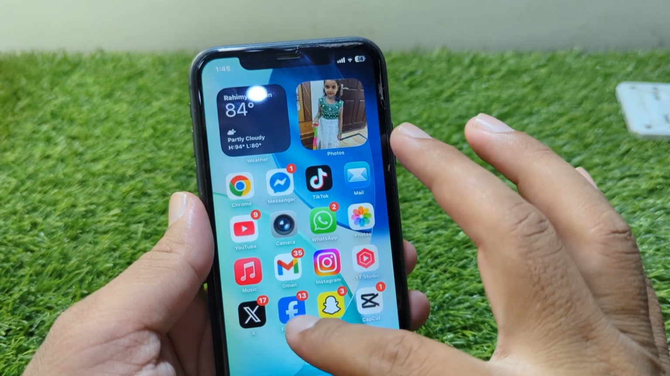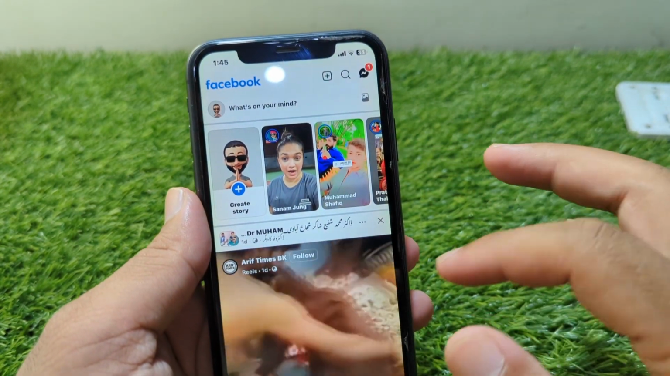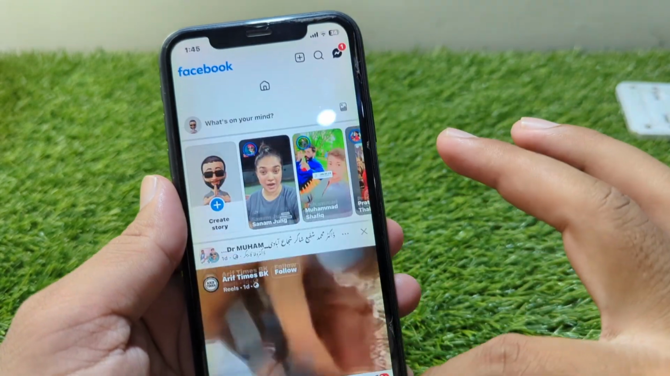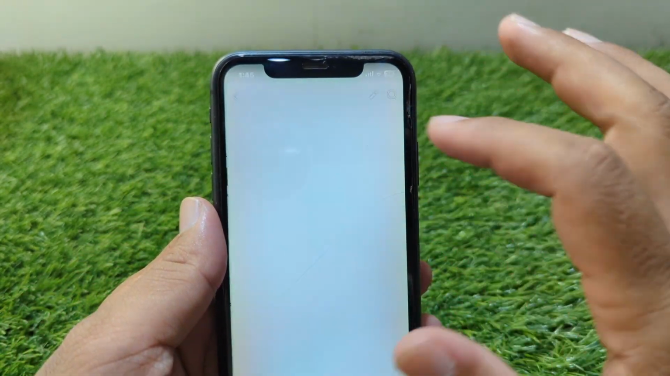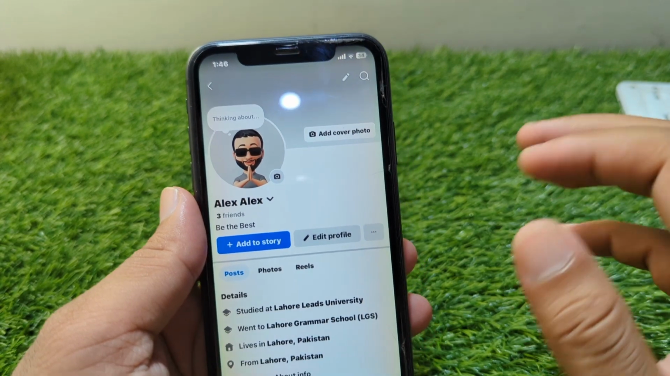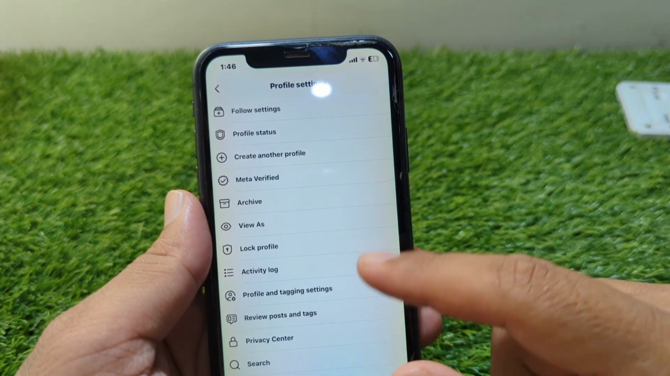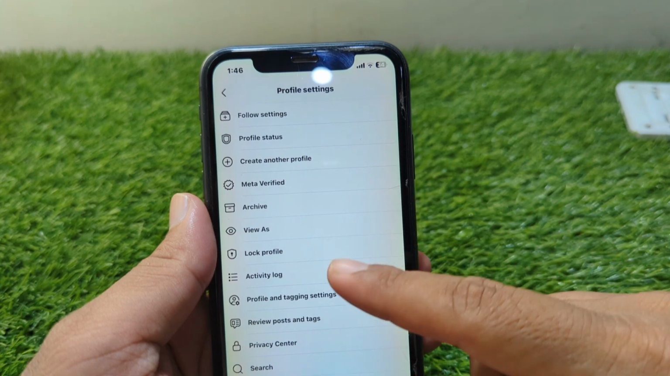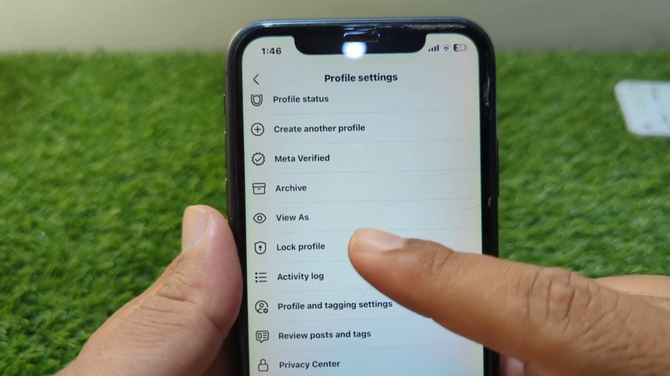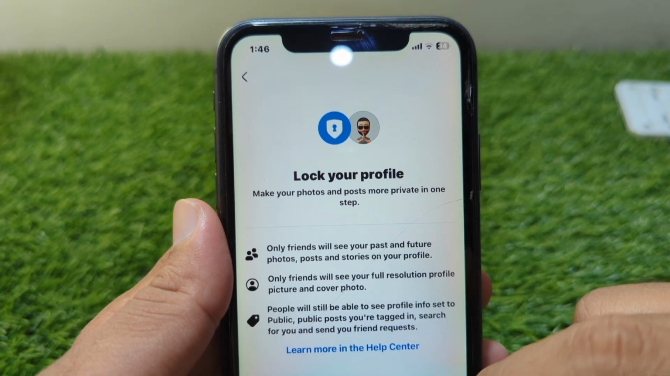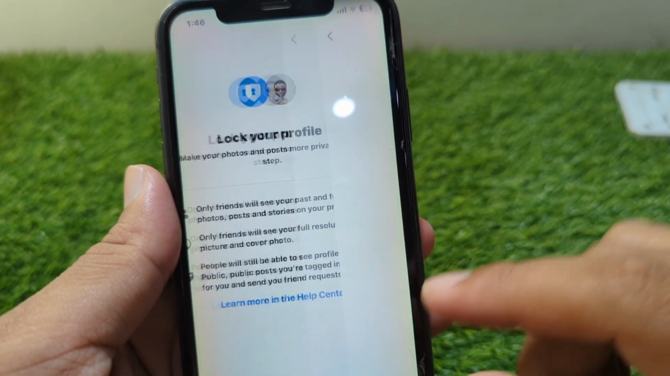So guys, first of all you have to simply open your Facebook, and once you are here you have to simply tap on settings or the menu button and then go to your profile. Once you are here, tap on this three dot button, and from here scroll below, and here you will see the option for lock profile. So I simply tap on this, and after this tap on lock your profile, and after this you have to